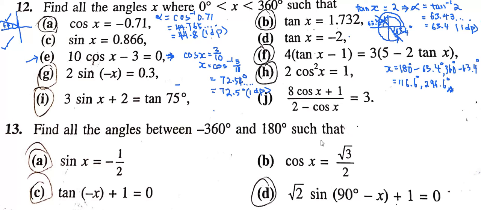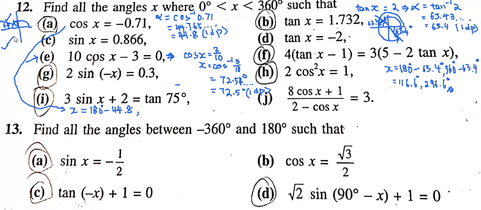Okay, now, if this is 44.8, then what is this angle here? So, this question is x equal to 180 minus your basic angle, which is 44.8,